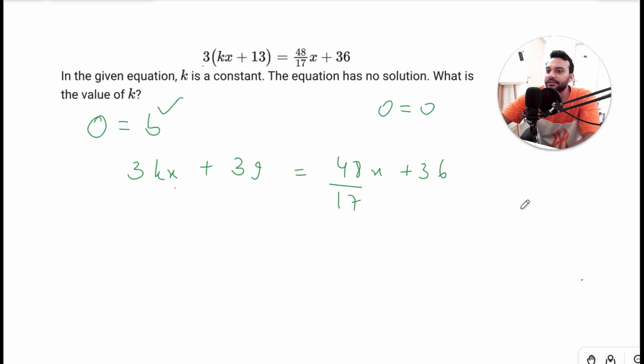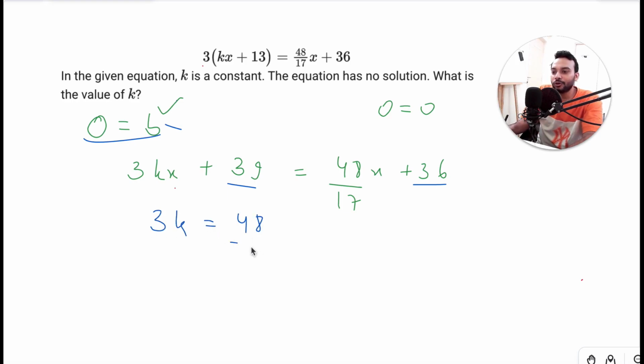To satisfy the condition given in the question, we need this form, 0 is equal to b. For that, as you can see, 39 and 36 are not equal, so our condition is satisfied. The constant terms are not cancelling each other. The variable terms must cancel each other in order to get this form. So for the variable terms to cancel each other, they must be equal to each other. So 3k should be equal to 48 over 17, or k is equal to 48 over 17 times 3, or